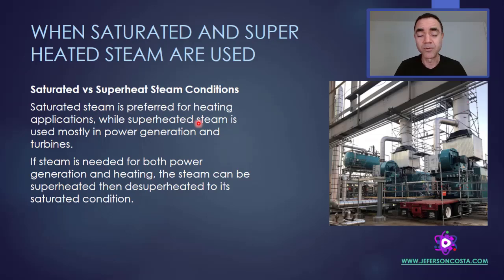I will have some kind of heat exchange, and the temperature of the steam can decrease. If I am in the saturated condition, any decrease in temperature will lead to formation of condensate. And we don't want condensate in the process if I need to use saturated steam. Because of that, it's important to add some degrees of superheat to the steam to guarantee that during this transportation, the steam will not condense.